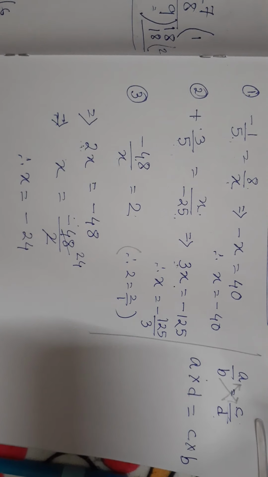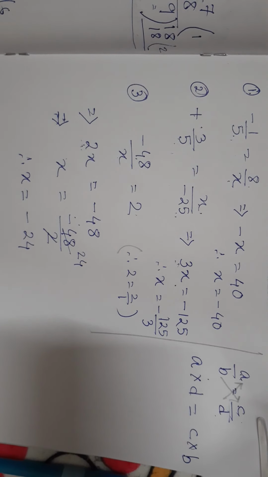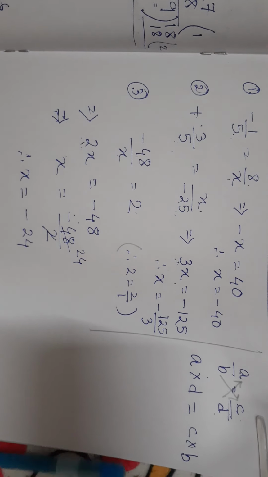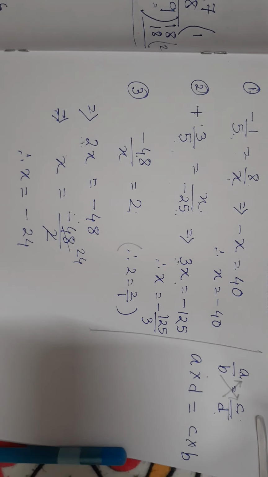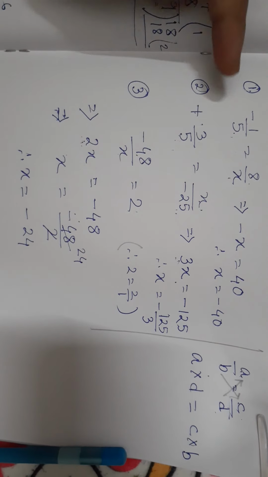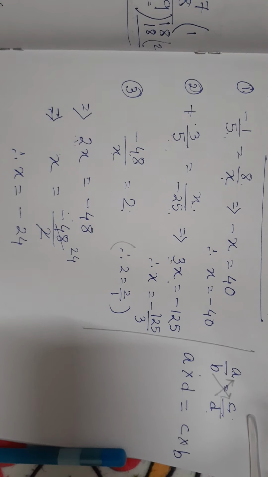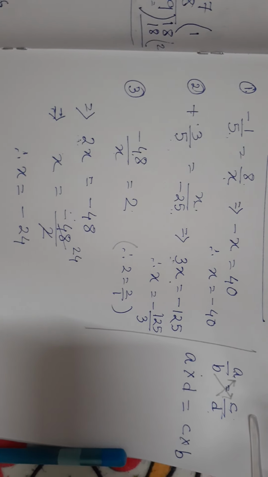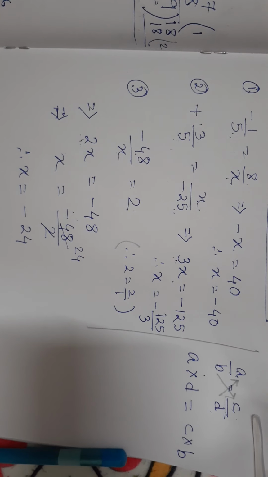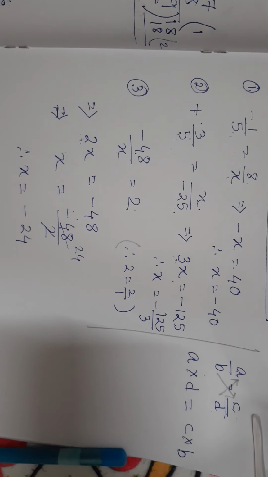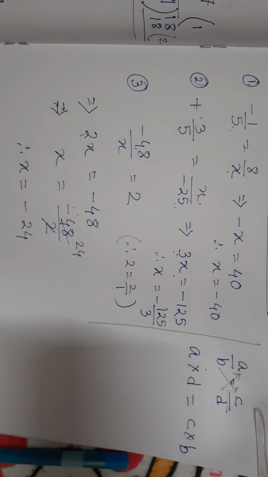So we have learned about the rational number and about how to find its standard form, how to find the value of x from this type of equation. We can say these are equations or these are relationships, and we know now how to calculate the equivalent rational number. Now in my next video, I will give more information about rational numbers.